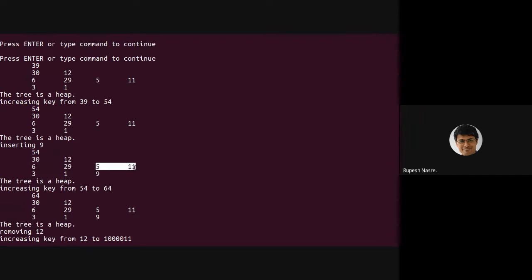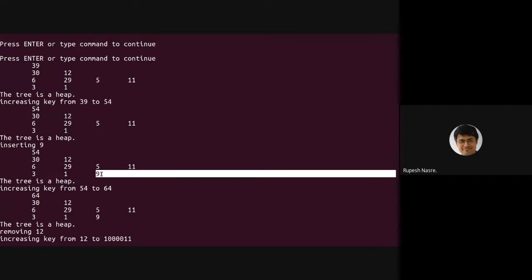It's not properly formatted, it's just using tabs, but you can imagine that things are always pushed to the left. So 3, 1 are going to be children of 6, and 9 is going to be the child of 29. And if that is the case, it need not move up because it is a max heap. So as soon as you insert 9, that actually turns out to be its final position.